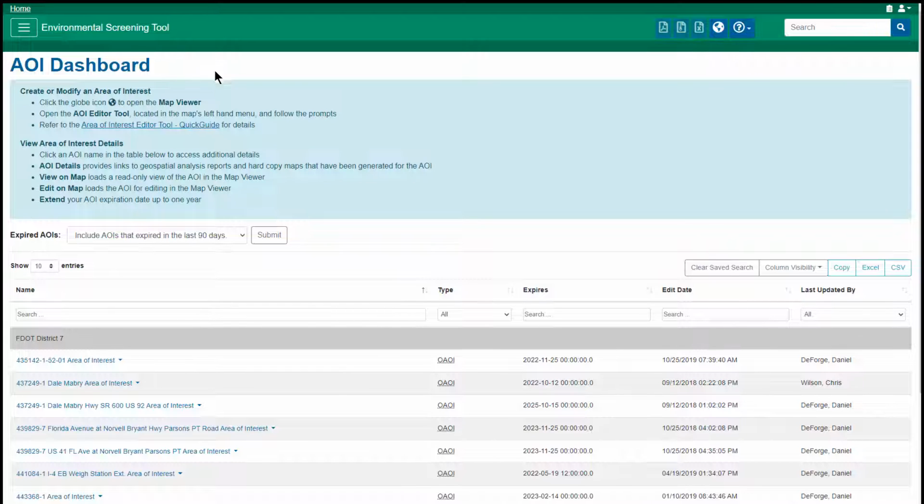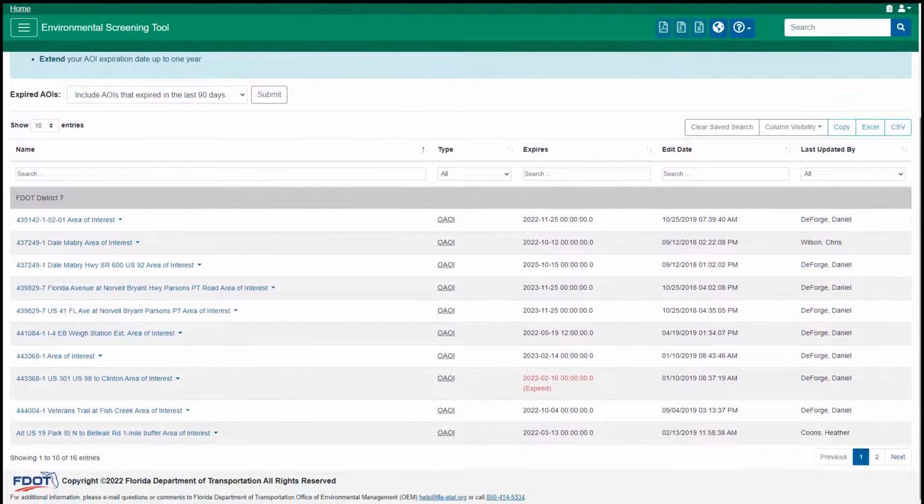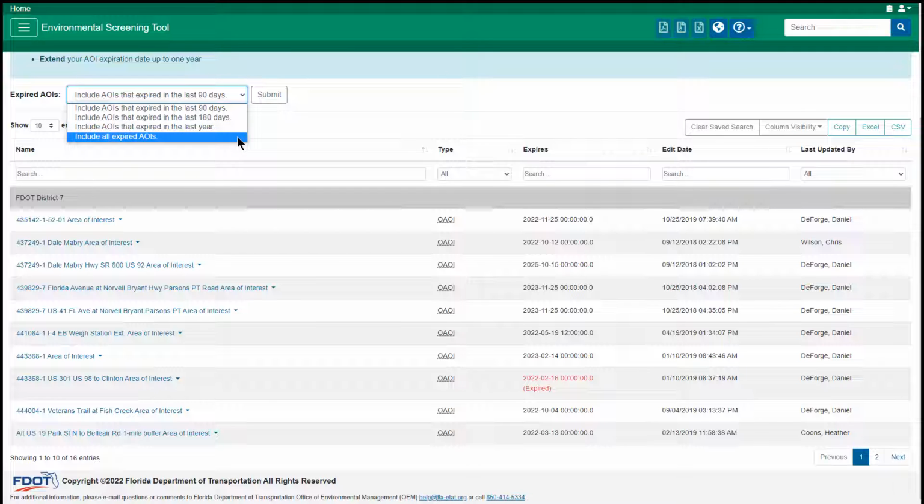Now that I'm back on the AOI dashboard, the remaining information in the blue box highlights additional features of the dashboard and the table displayed below. AOIs that have not yet expired and AOIs that have expired within the past 90 days are automatically displayed in the table. Specify which expired AOIs to display in the table by selecting an option from the drop-down that would include AOIs that expired in the last 90 days, 180 days, the last year, or all expired AOIs, followed by the Submit